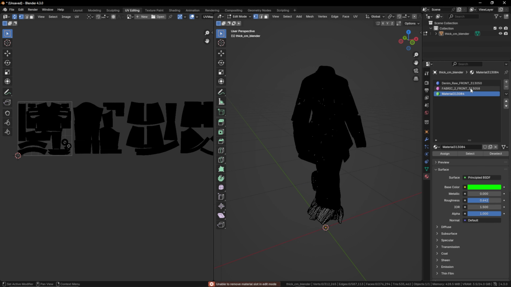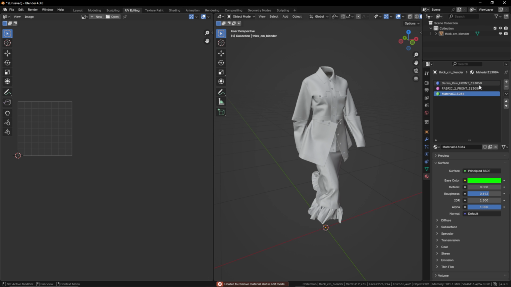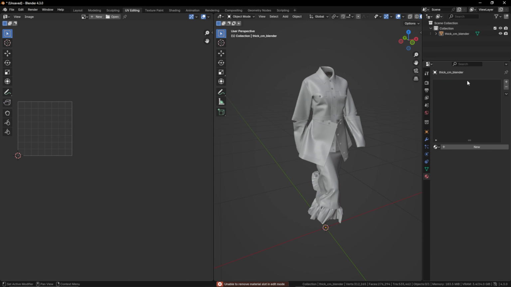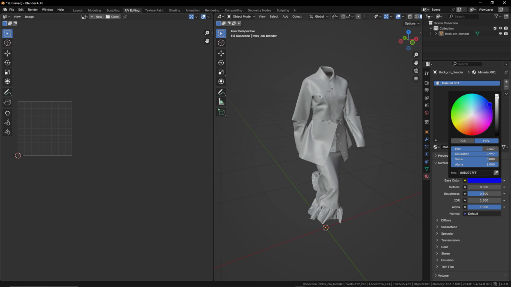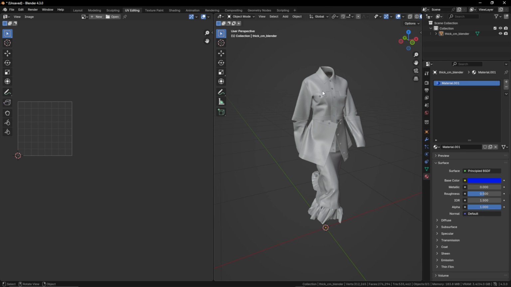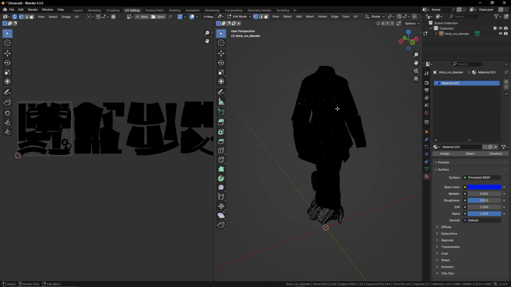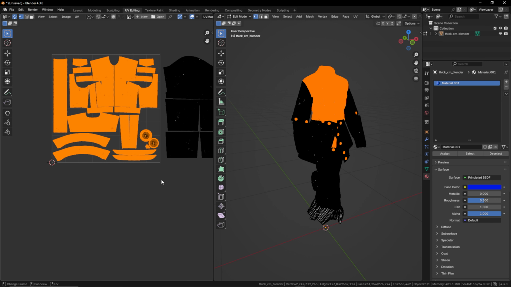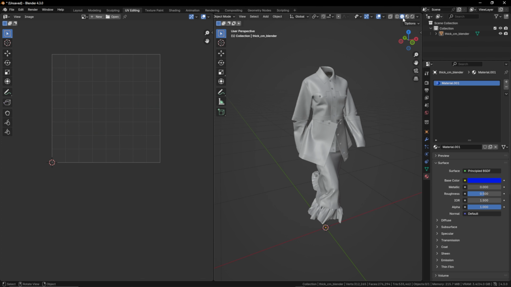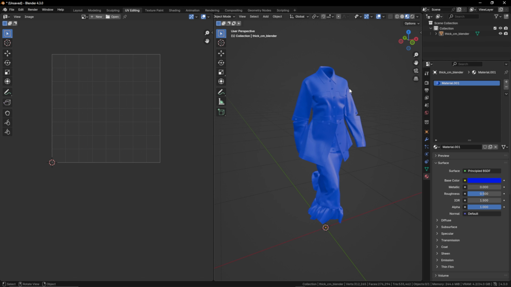If you want to start to delete and adjust these, you can't do it in edit mode. You might have to jump back into object mode. And what I would say is just delete everything. Make a new one called material 001 and let's set this to blue as an example. Let's jump back into edit mode. Select everything on our first tile over here, like this. And then just assign material 1, click assign. And then if we go back into object mode and look at this in material preview on the top right,